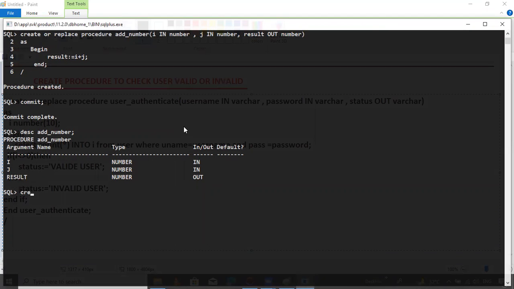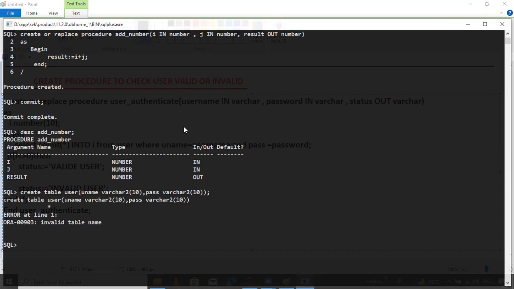Create table user, with uname varchar2 of size 10, comma, and pass varchar2 of size 10.